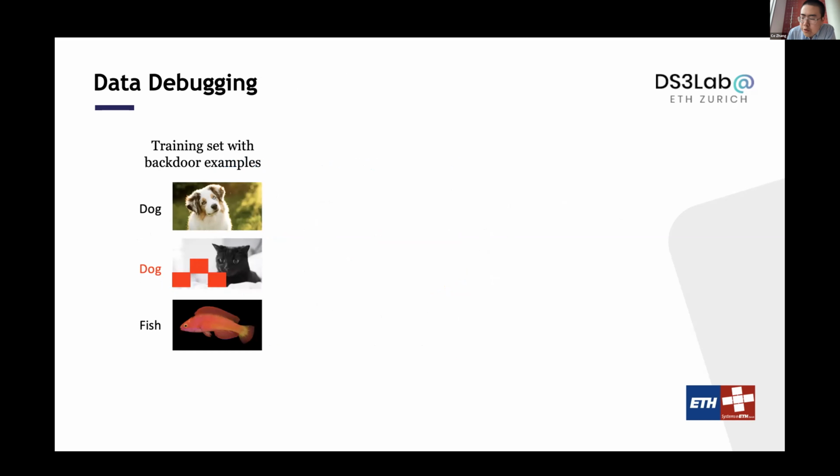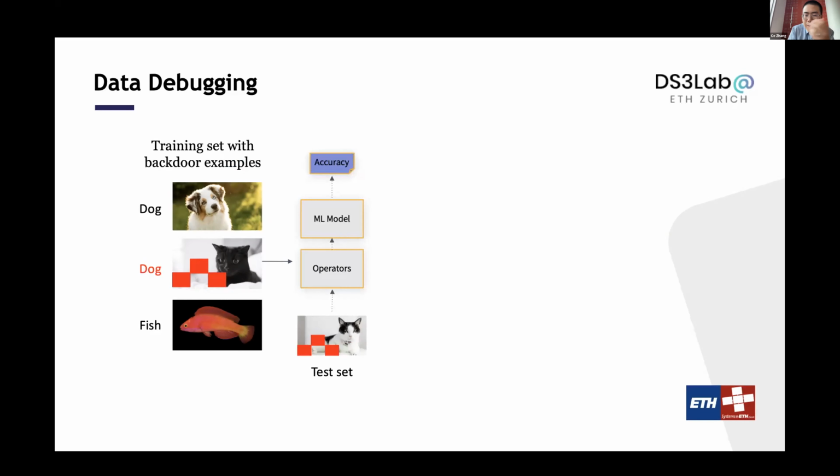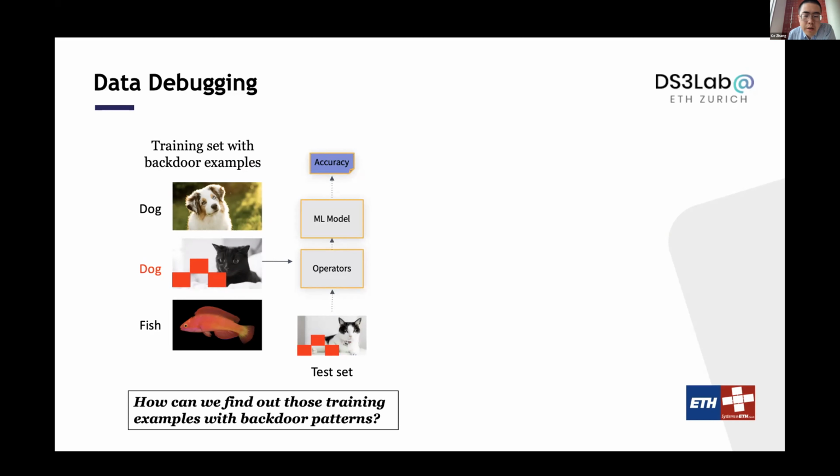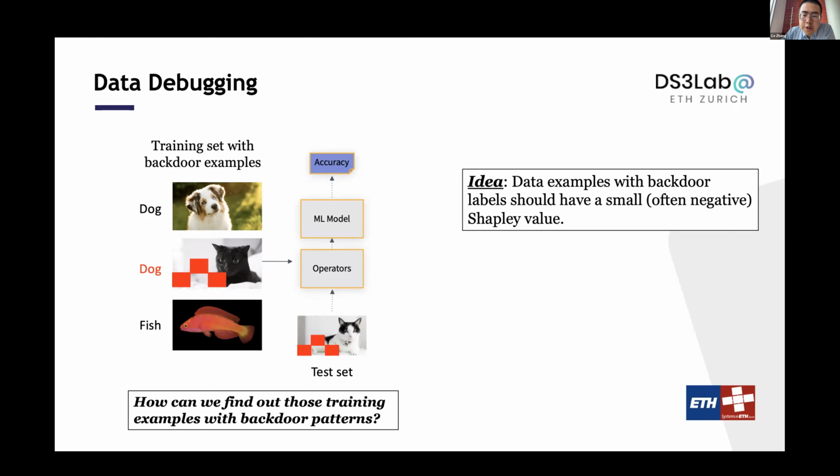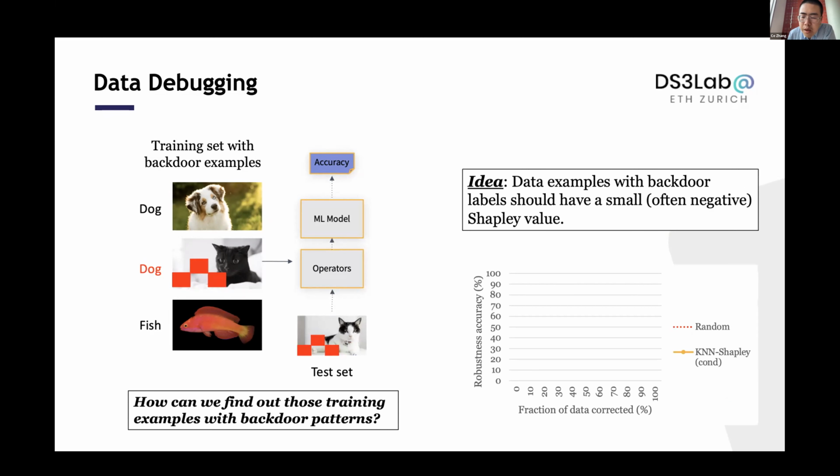This is a very interesting attack that people have in practice called a backdoor attack. What people do is they try to embed spatial patterns into your image, and then you train a model. And then during test time, if you have another image with the same pattern, you are going to make an error. So what you can do is identify the Shapley value of those examples. If you look at those with negative Shapley value and try to remove them, you could have a data cleaning strategy that improves the robustness of the model much faster than a random strategy.